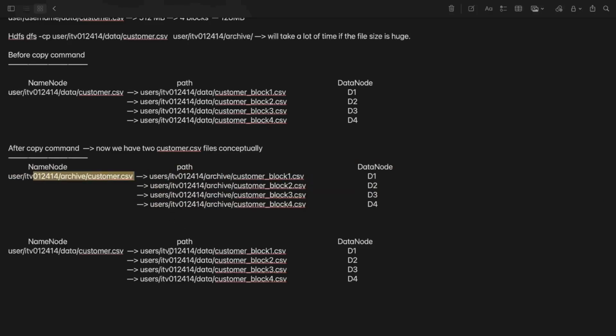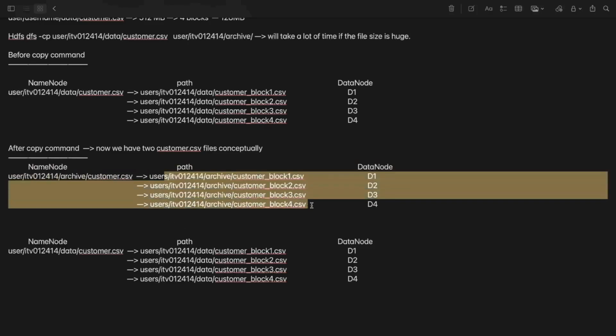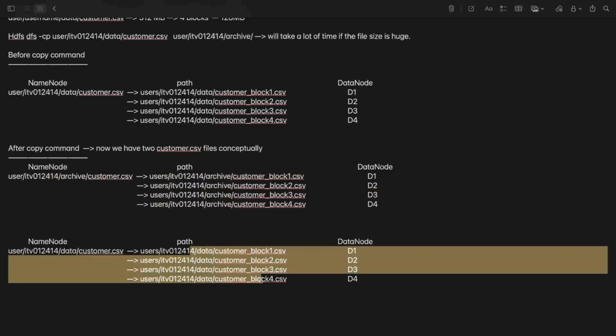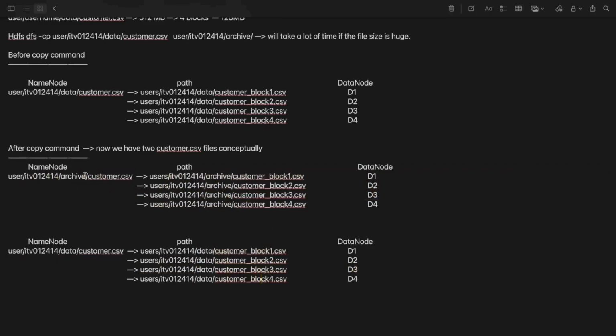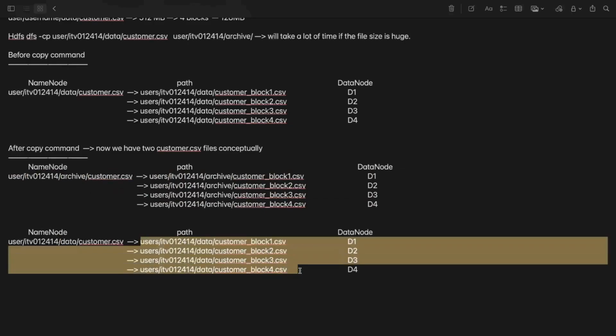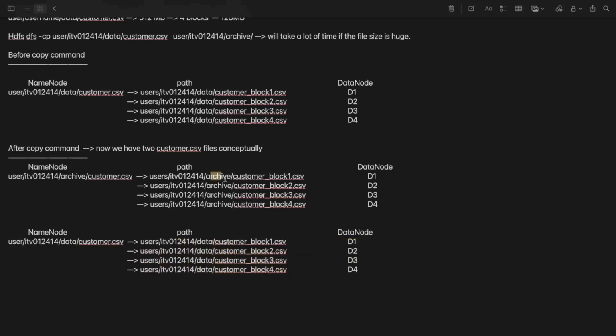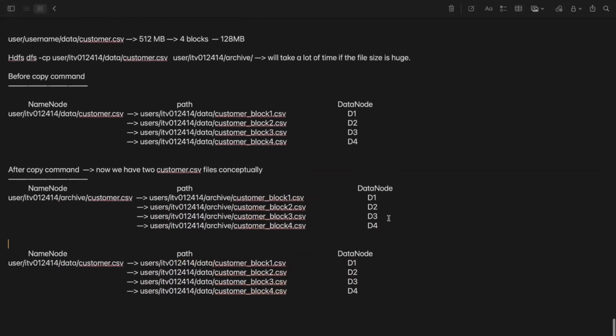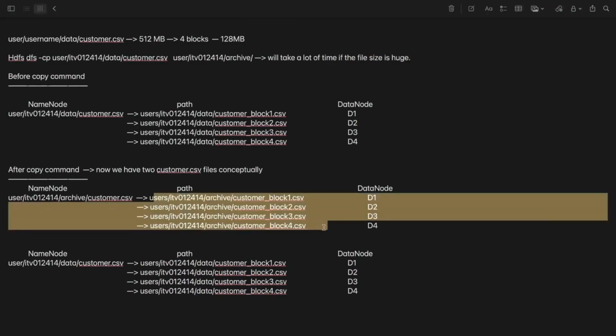Basically now we will be having 8 blocks, 4 for the new file and 4 for the older file. So it has mapped this path to these blocks which are present on some data nodes, let's say 1, 2, 3, 4. So now we have two files, one present inside the archive, and another inside the data, and these are mapped to different block files present on the data nodes. That we understood. But why it took time is basically it has to create new blocks